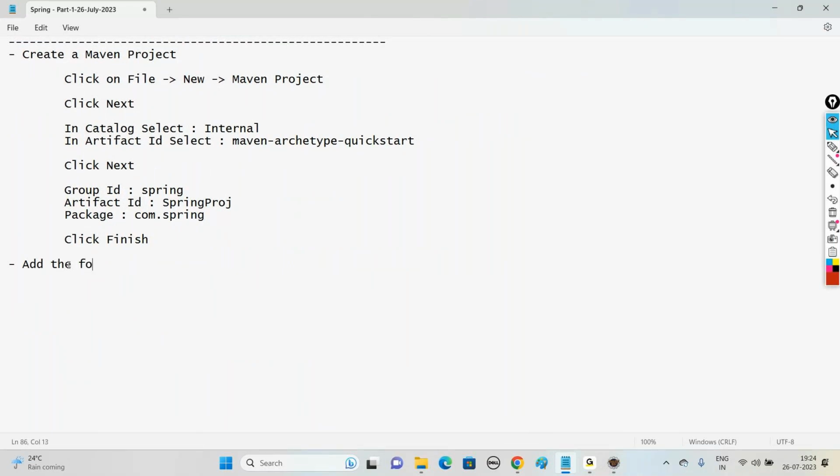following dependency in between the dependencies element of the pom.xml file of the Spring project. The dependency we add over here is,